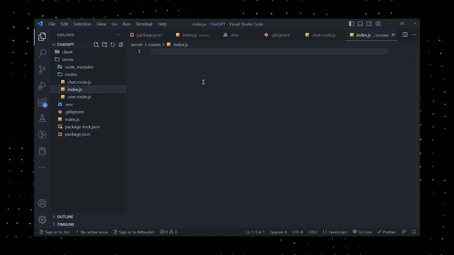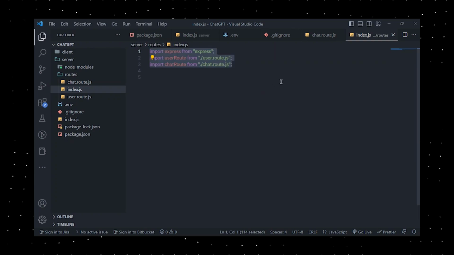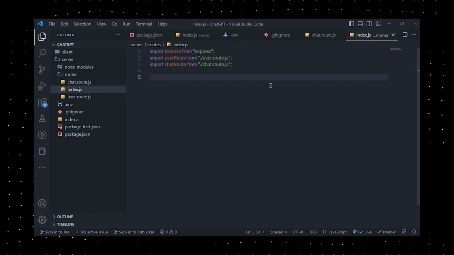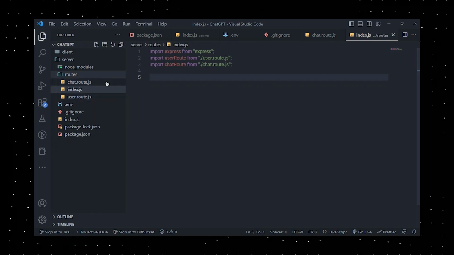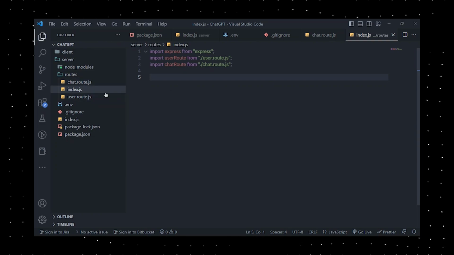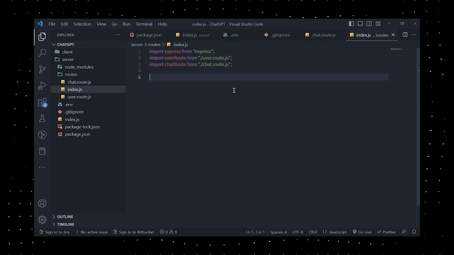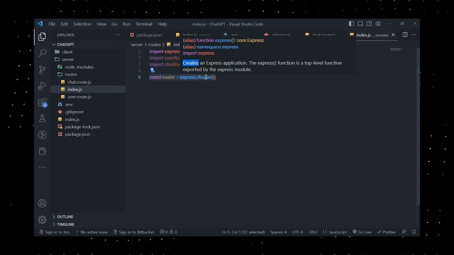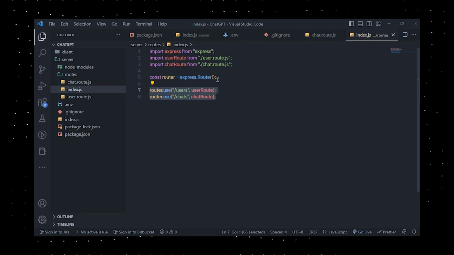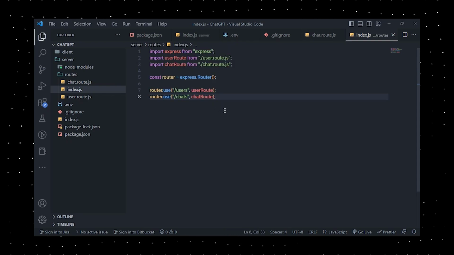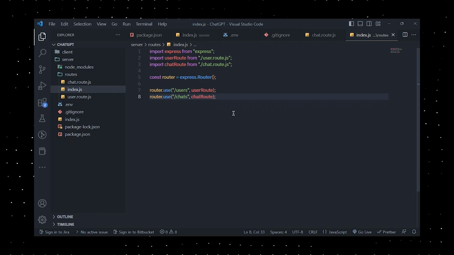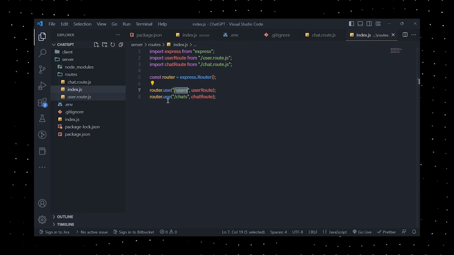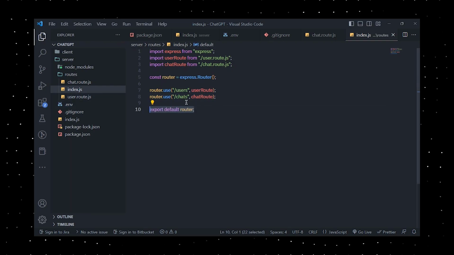Back in the index.js file in the root folder, we'll import the Express module and two other modules containing user.root.js and chat.root.js, which are two separate modules containing routing information for the /users and /chats endpoints respectively. To set up a new router using the Express module, we can use the express.Router method. This router will define two routes, /users and /chats, and for each route we'll use the corresponding imported modules. For example, when a request comes in for the /users endpoint, the router will use the routing information defined in